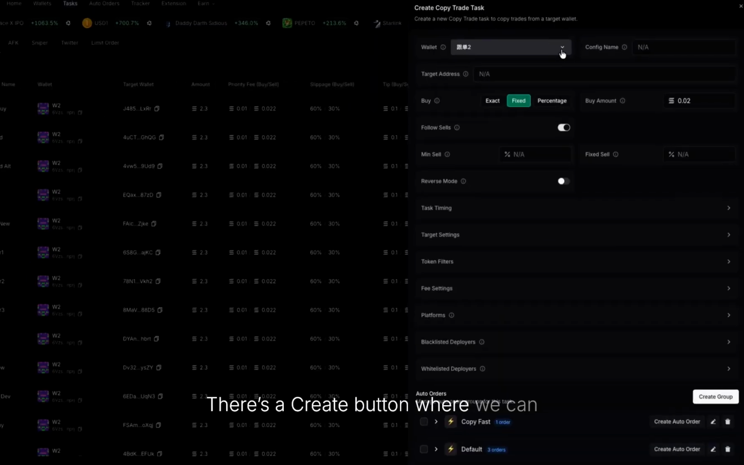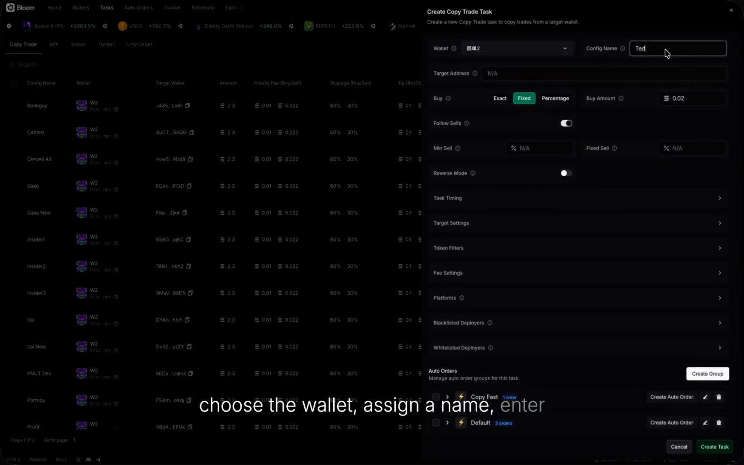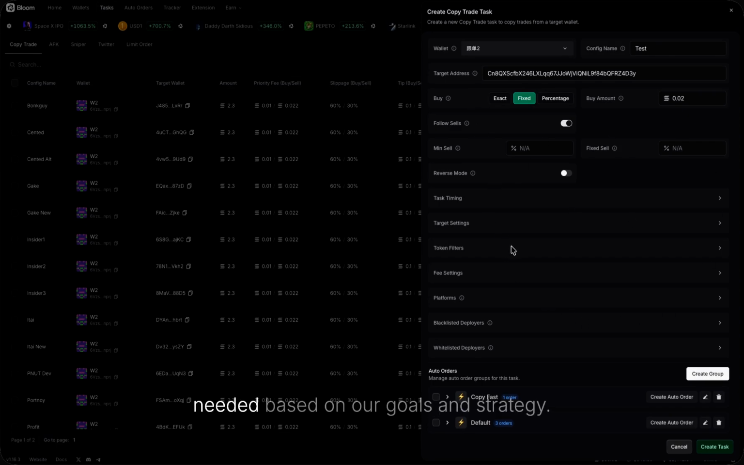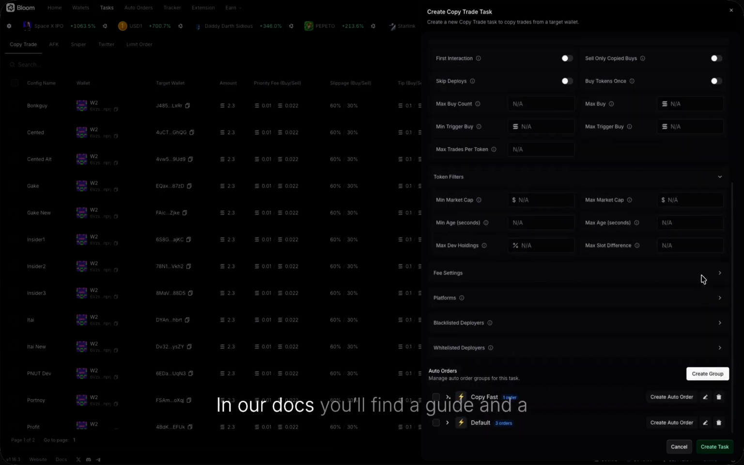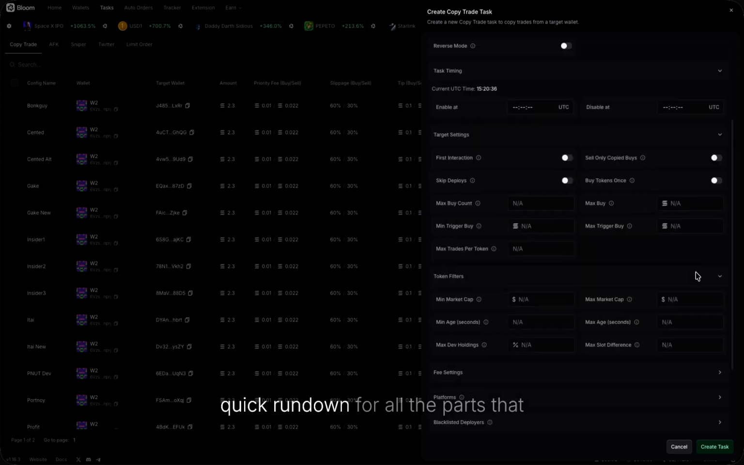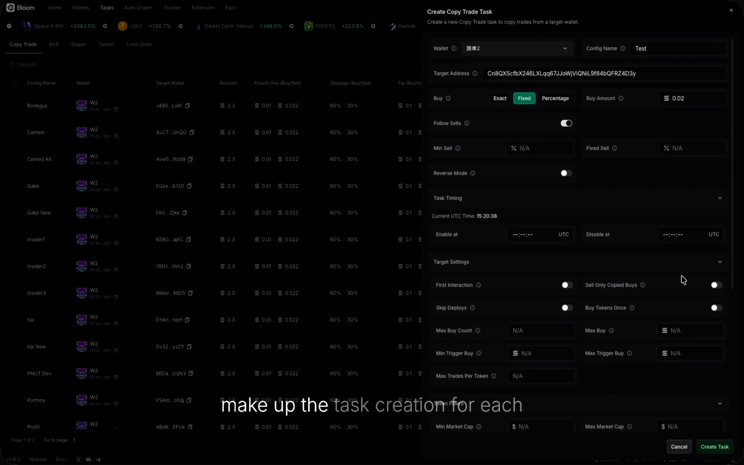There's a create button where we can choose the wallet, assign a name, enter an address, and then add all the details needed based on our goals and strategy. In our docs, you'll find a guide and a quick rundown for all the parts that make up the task